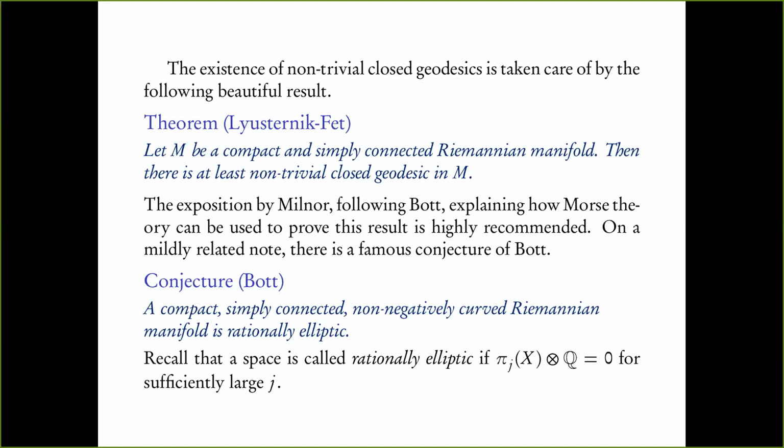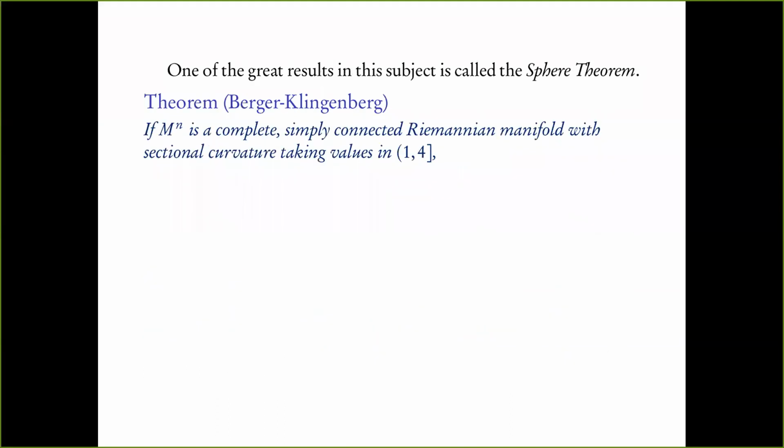Okay, so let me finally move on to the last thing. As I said, there are too many beautiful and great results in this subject, so I couldn't mention all of them, but let me at least mention one. You'll see this appear in almost any list of great results in Riemannian geometry. It's called the sphere theorem. Let me state the theorem straight away. It's by Marcel Berger and Wilhelm Klingenberg. This was proved around the 60s. The dates are all there in the first slide. You can go back and look it up.